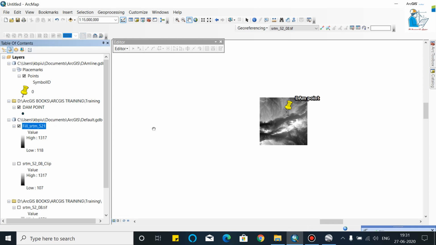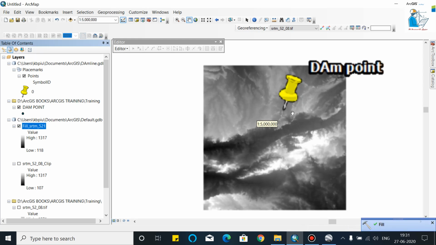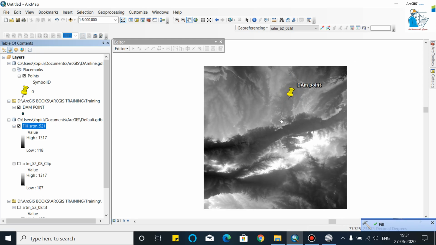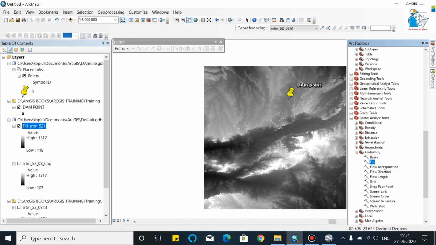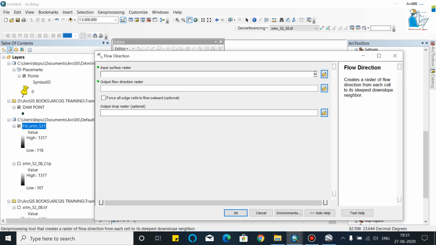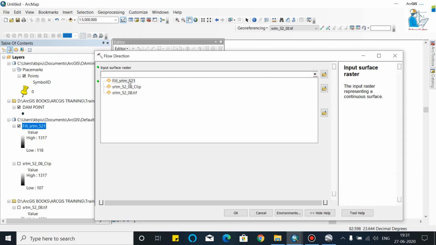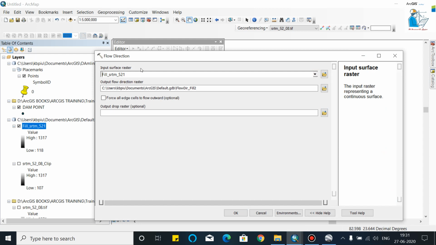Now your fill SRTM is ready. Now we will find the flow direction. We will select the fill as the input raster.